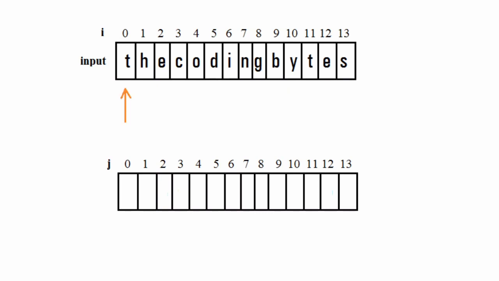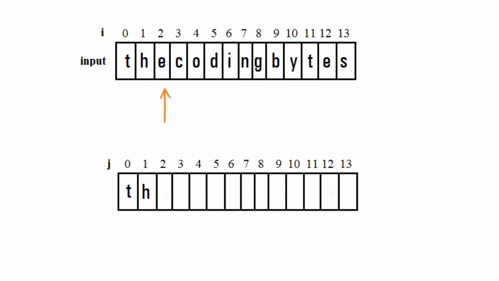Let's assume first of all I go to the 0th index of the input array. Now we simply check whether it is a consonant or a vowel. If it is a vowel, then we simply move to the next index. But here T is a consonant, so we need to copy it to the new array. More precisely, we copy it to the 0th index of the new array. After that we move to the next index, which is the first index. Here the character is H. Again we copy this character to the new array because it is a consonant.